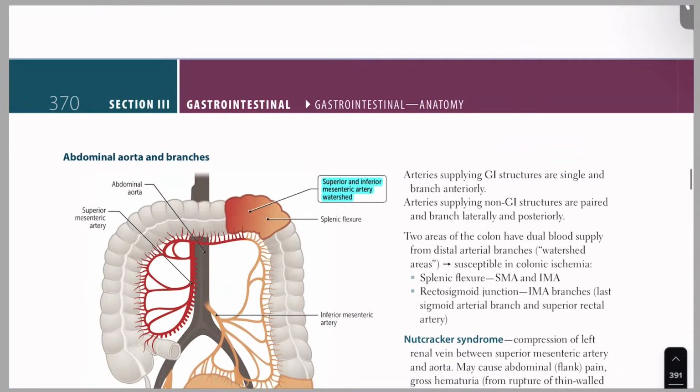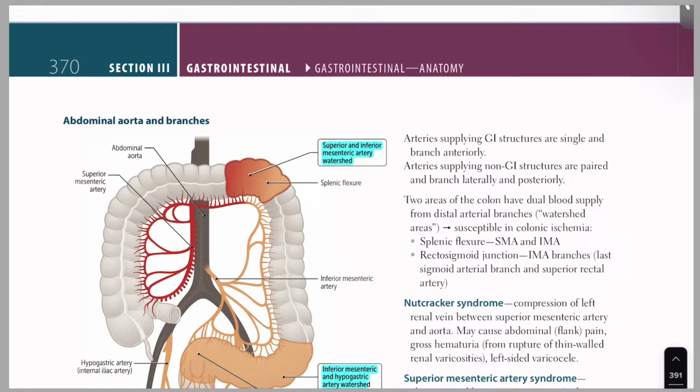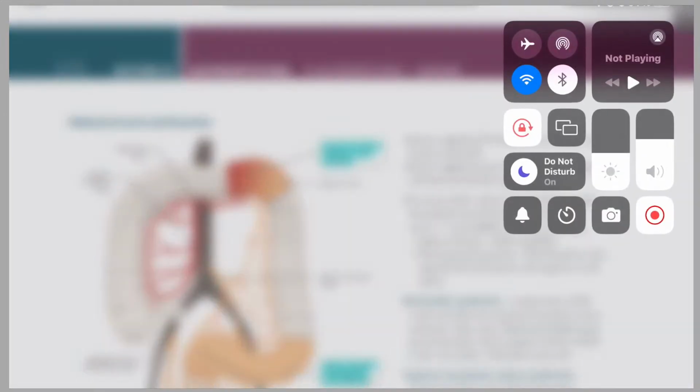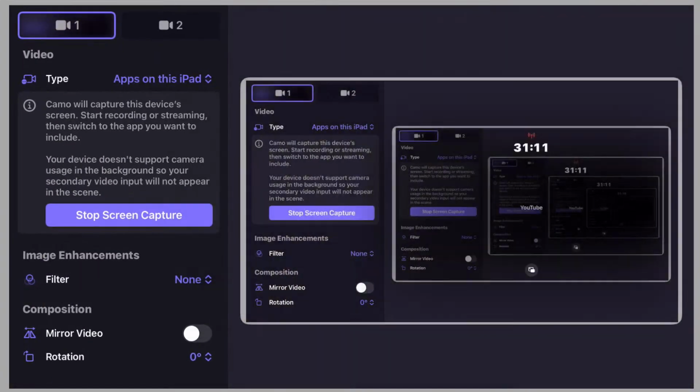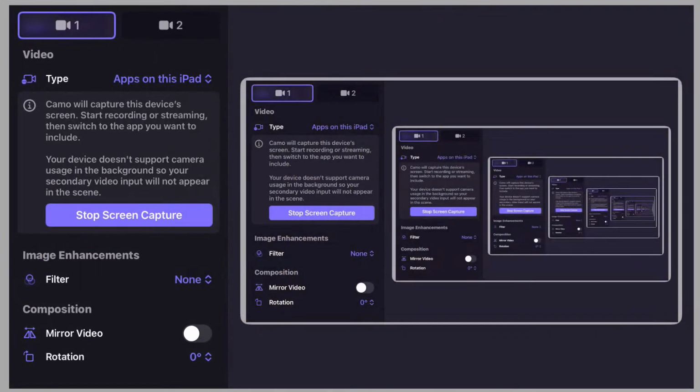So from tomorrow, in the next session, we will start from abdominal aorta and branches. So that was our session for today. See you all in the next